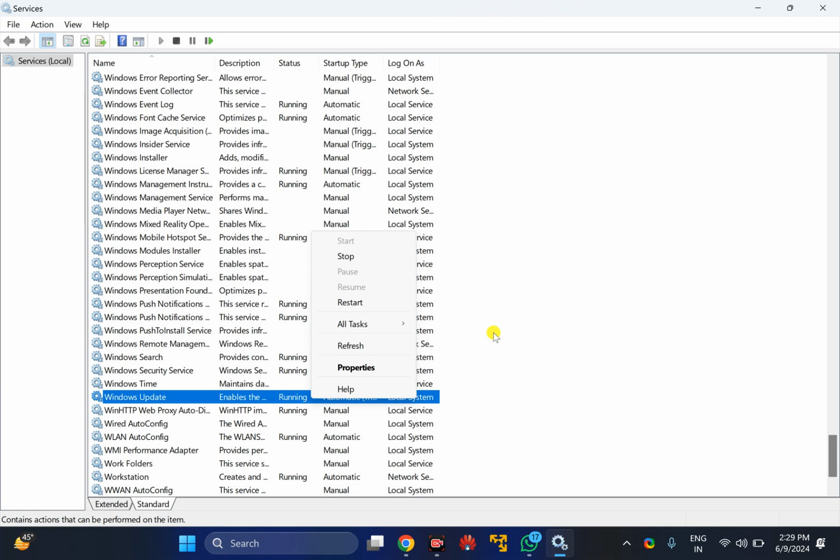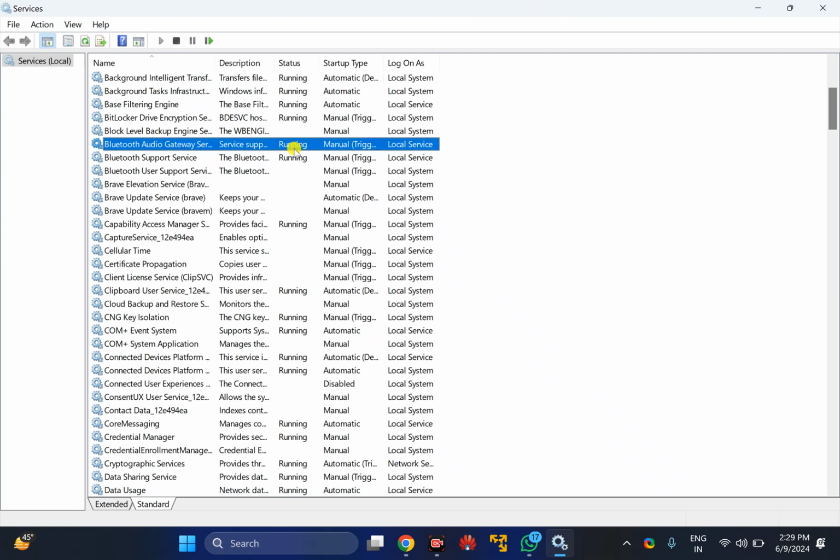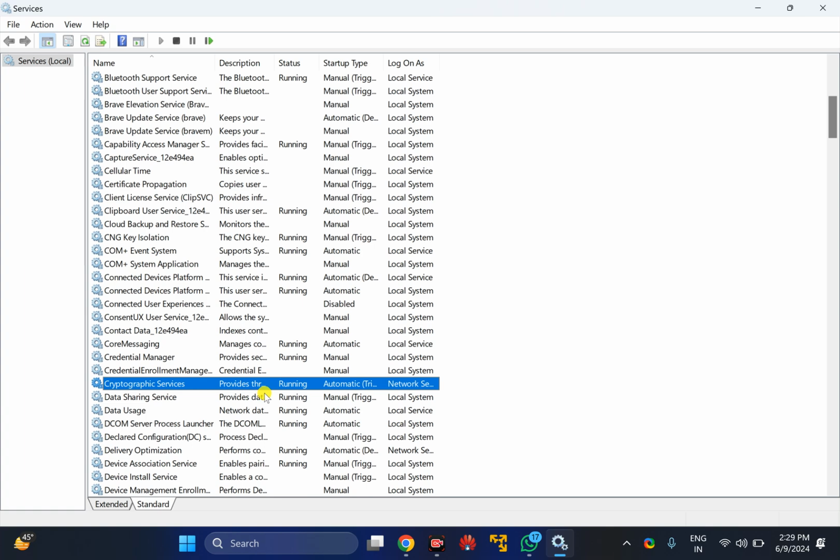Once Windows Update service is okay, you need to move to the other services, that is BITS, Background Intelligent Transfer Service. So again press B on the keyboard to find the Background Intelligent Transfer Service, and its status should also be running. After that you need to check the Cryptographic Services. Just press C to find the Cryptographic Services. It should also be in running position.